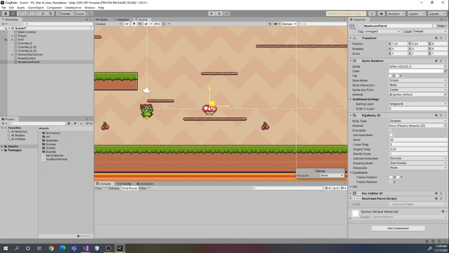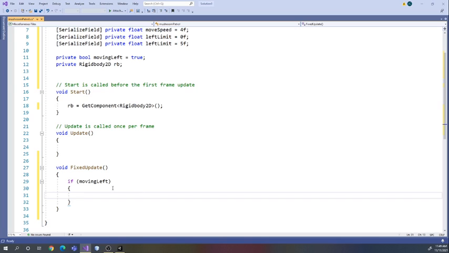So it's moving left, okay, but then we want to say, well, when does it reach the 0 or that left limit? So if the mushroom is moving left, and if the transform dot position dot x is greater than the left limit,